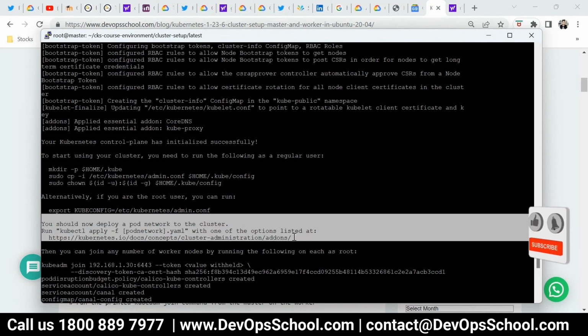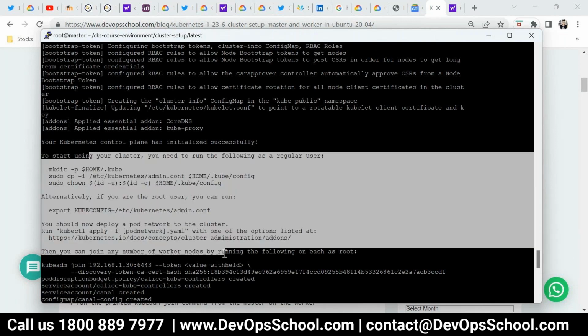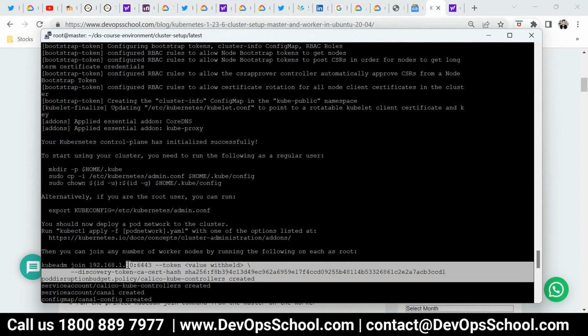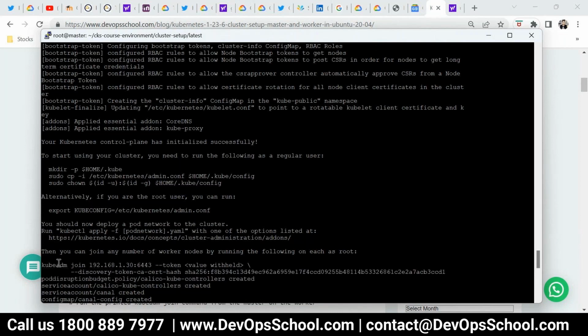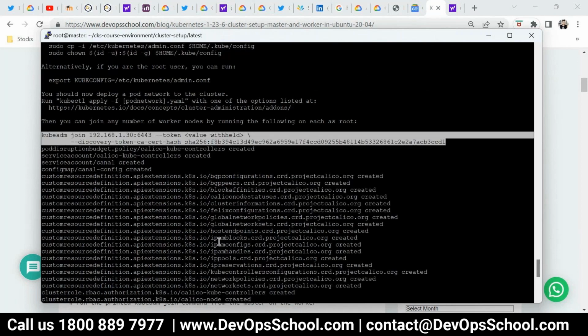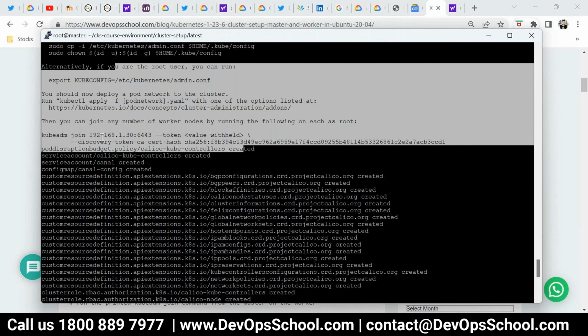Now I have already installed Calico, so that is one. So this is the output of kubeadm init, and this command is required for adding the worker to the master. So this command you will run in the worker. As many workers as you run it on will be added to the master to create a cluster. So this is very important. Please read it very carefully. This is already done in the script.